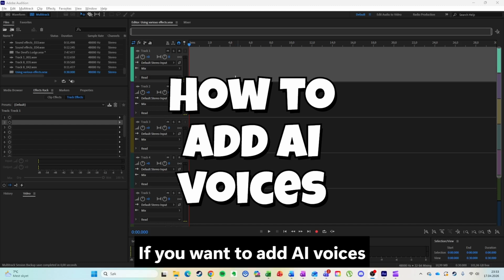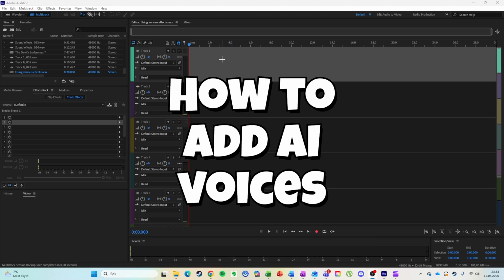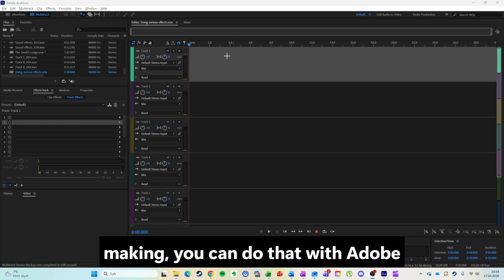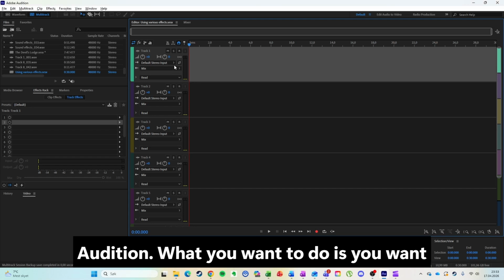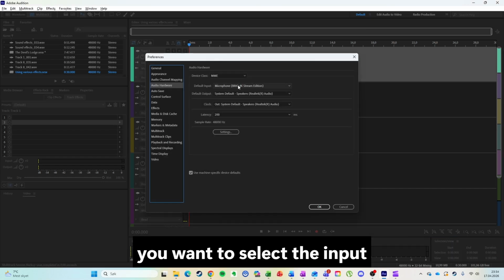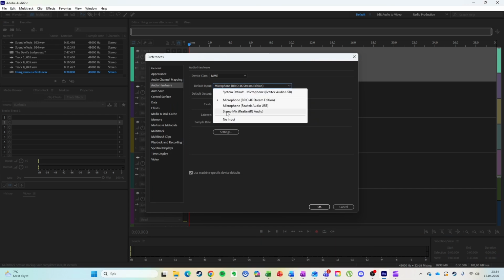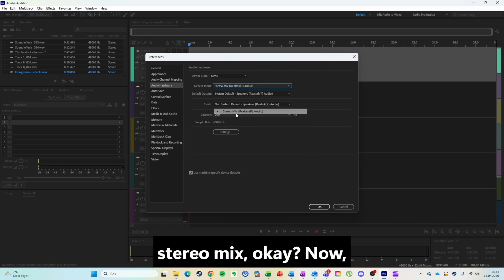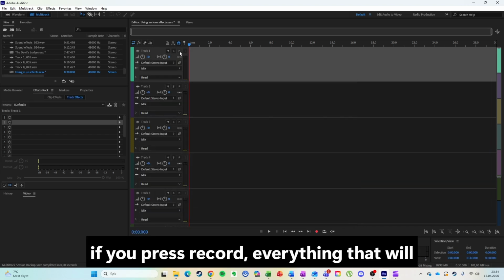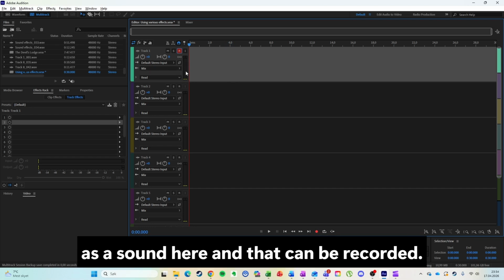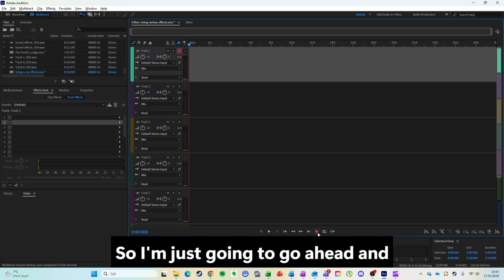If you want to add AI voices to your radio drama or whatever you're making, you can do that with Adobe Audition. What you want to do is select, like I've showed you before, the input as the computer sound, and that's stereo mix, okay? Now, if you press record, everything that happens on the computer will register as a sound here, and that can be recorded. So I'm just going to go ahead and